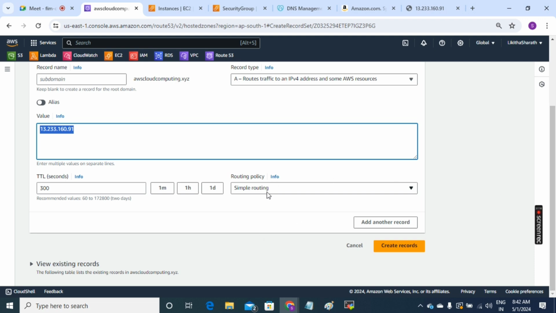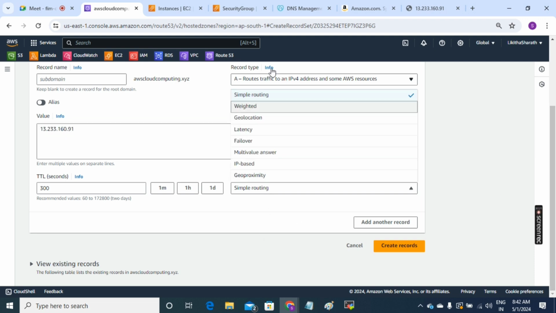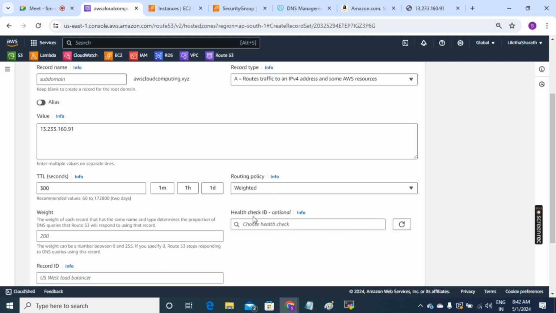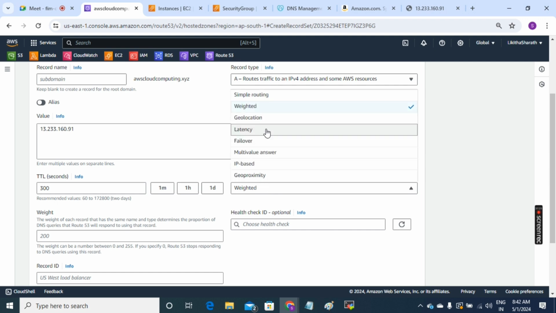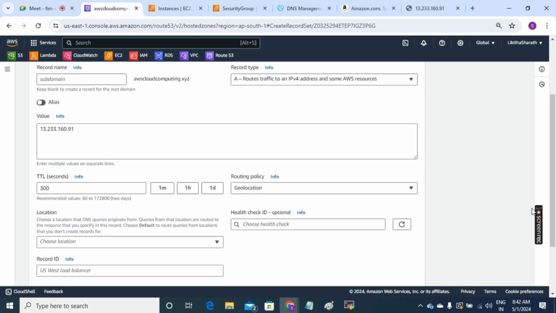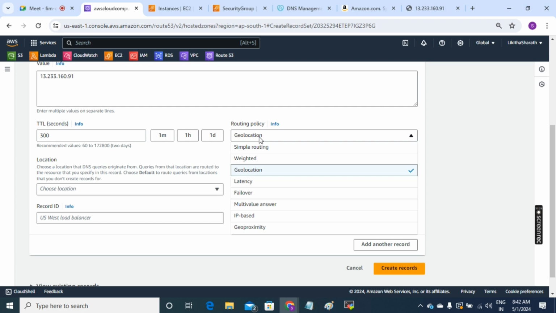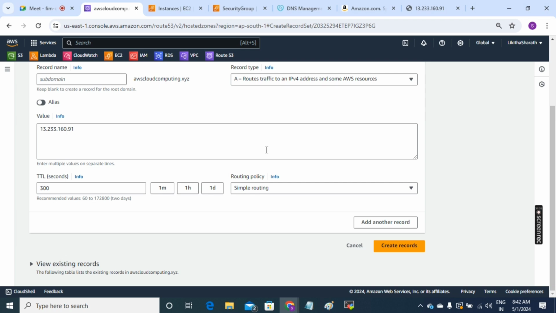So simple routing. You have routing policies like weighted, geolocation, latency, failover, multi-value. Like this you have the routing policies. By default you can select simple routing. As of now these are scenario based and we will be selecting these options, but simple routing is a routing policy that allows you to route traffic to a